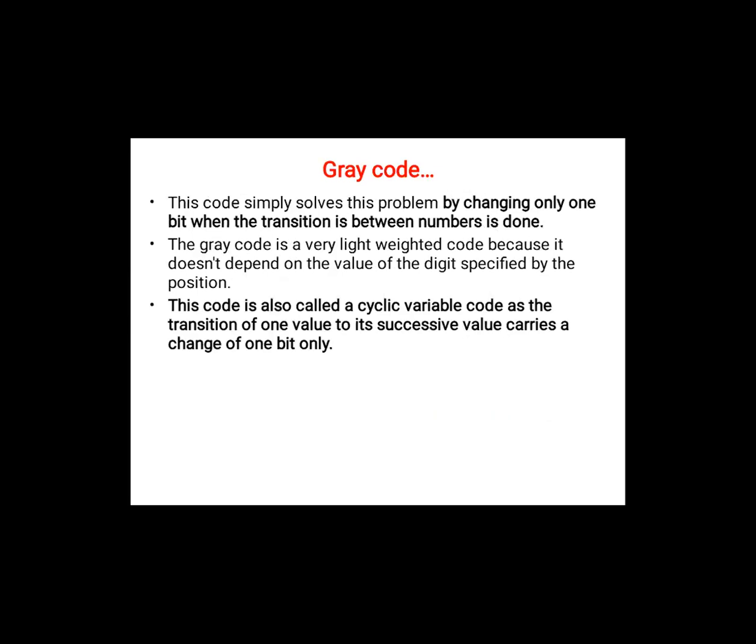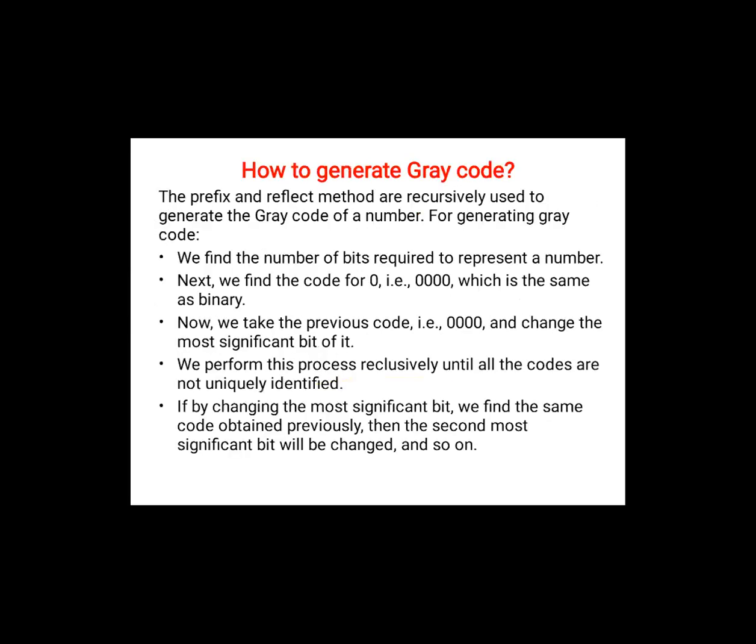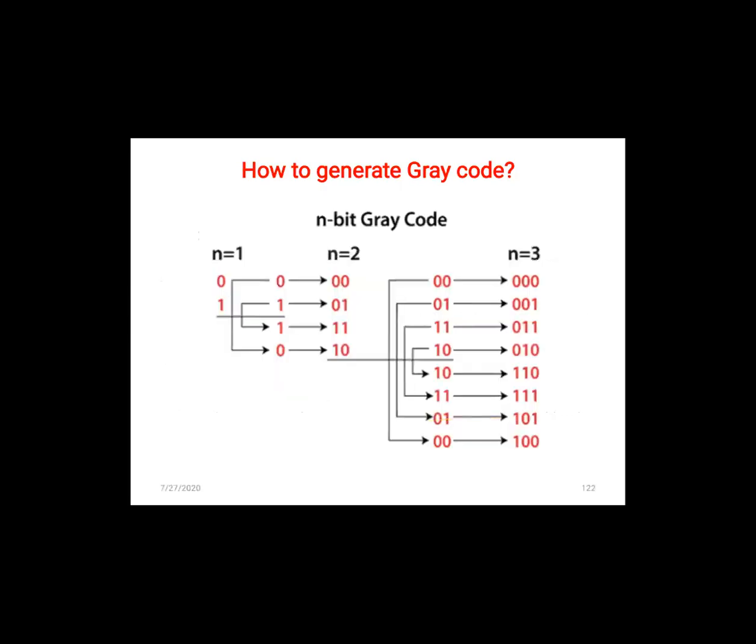So now let us see with an example, how to generate a gray code. I'm not telling you the steps, because if you see all the steps, you will be confused. So let me show you with a small example. Now, suppose my bit count is 1, n means the number of bits. So in the first case on the left-hand side, n is 1. What will be my first value? 0. And the second value is 1. So nothing much is shown over here, and not much is understood.